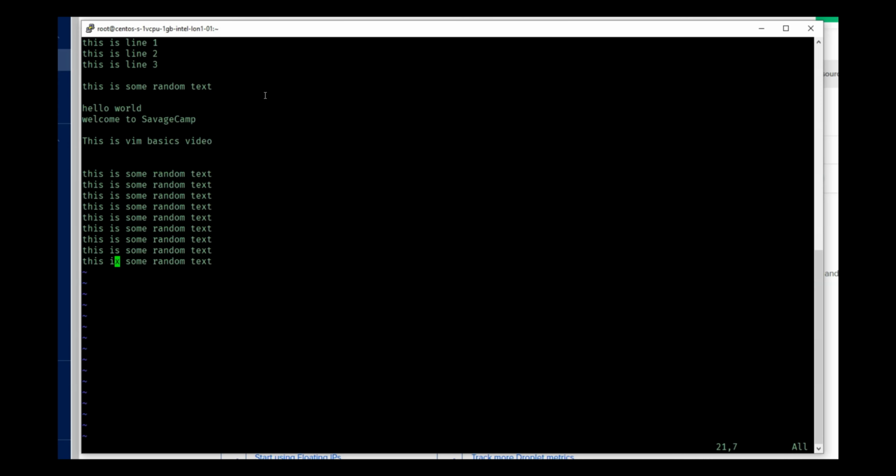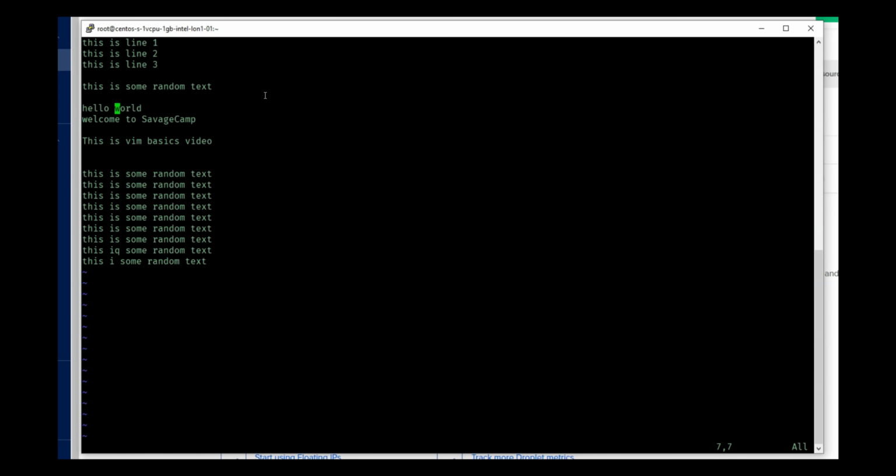Remember, we are still in command mode. The X letter will usually delete characters. If I press an X, it is going to delete it. But if I press R, it is replace. So anything that I press now is going to be replaced. So whenever you use replace, it is going to replace that word. So it would temporarily go into insert mode.